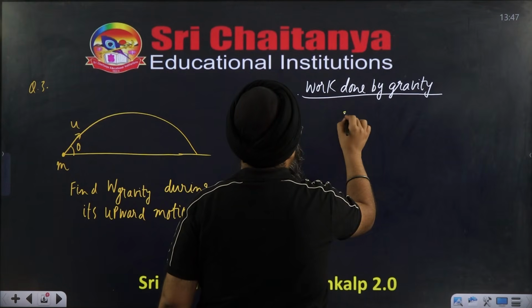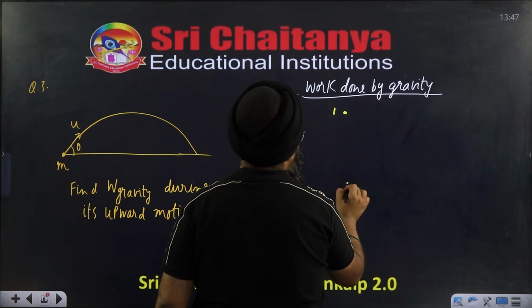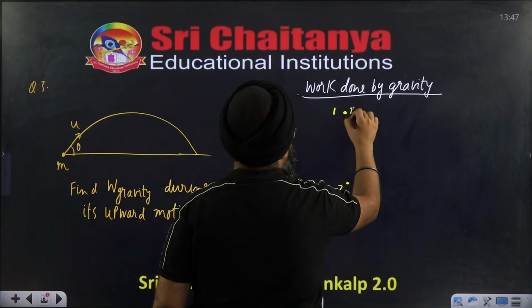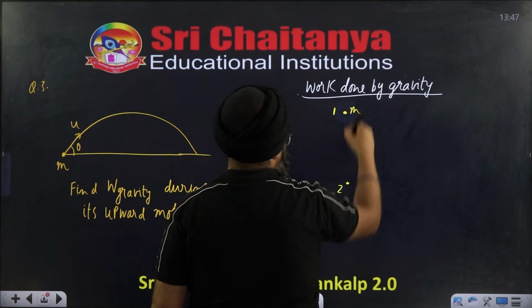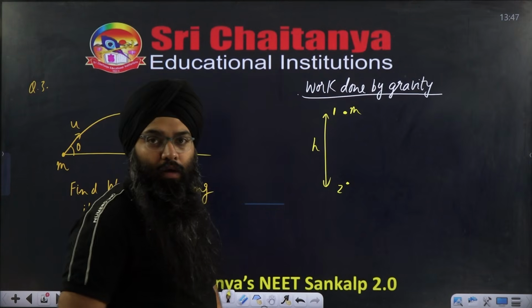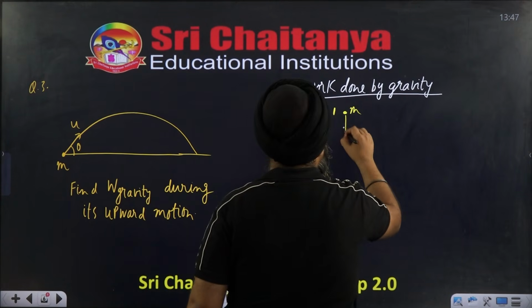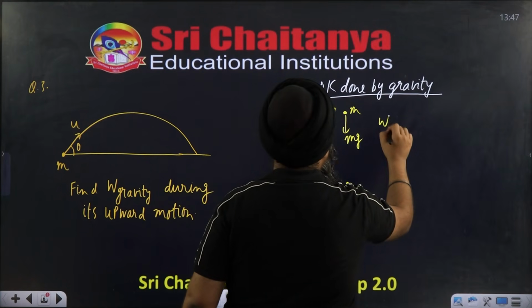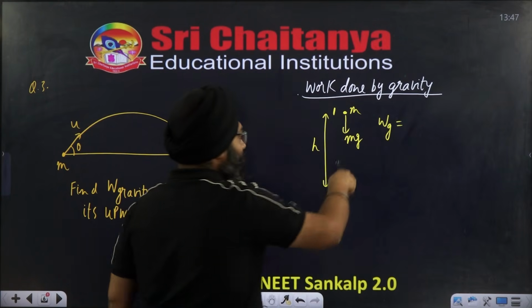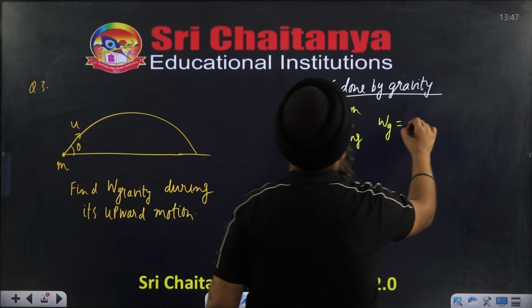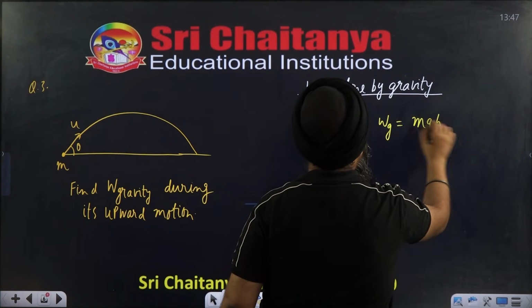Suppose you want to write the work done by the gravity from point 1 to point 2. Okay? Let us suppose there is a particle of mass m and it is dropping from point 1 to point 2 and the vertical height between these particles is h. So obviously gravity will be acting in the downward direction, mg will be acting in the downward direction. So what will be the work done by the gravity? Work done by the gravity will be, force is in the downward direction, displacement also will be in the downward direction. So I will say work done by the gravity will be mg multiplied by h